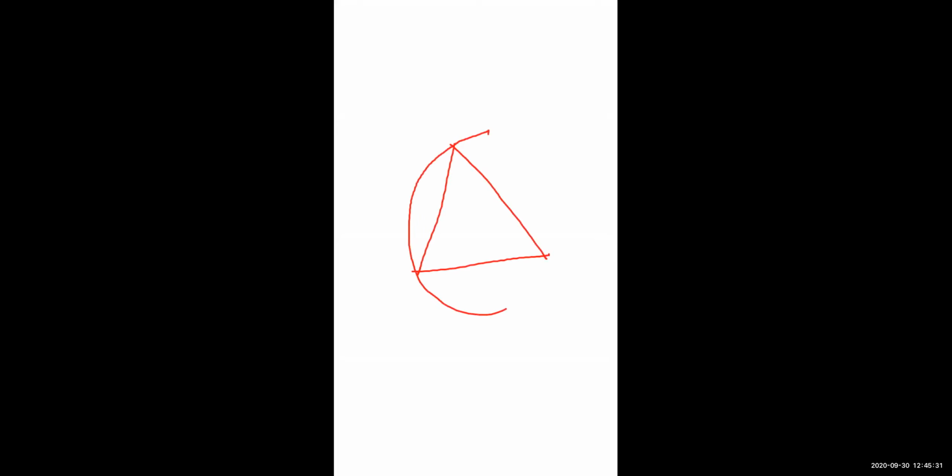Many students will be confused about circumcenter and circumcircle. Circumcircle: this is the triangle, and this is the circumcircle. Can you directly draw the circumcircle? No, for this we need a center. How will you find the center? By constructing perpendicular bisectors. How do we construct a perpendicular bisector? For this I am going to show you a video.